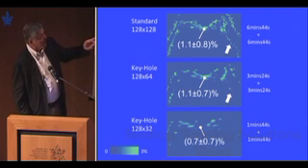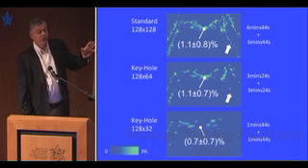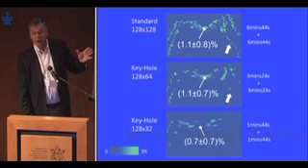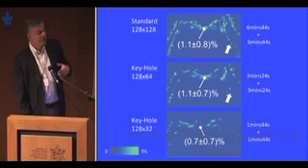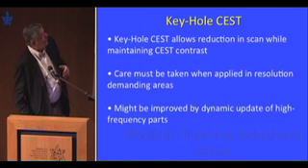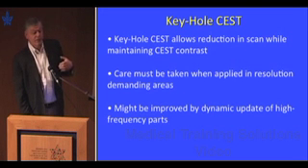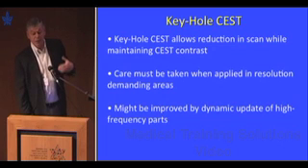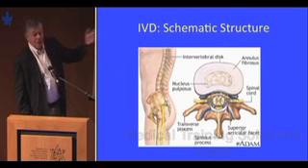If you go too fast, in other words, if you go 4 times faster, you wind up actually losing. So there's a limit to how well this works, and it's probably a factor of 2 in keyhole, which is significant here, because you're going from something like 13 minutes to 6 minutes. So the keyhole CEST, we think it has some advantages. In particular, you can still apply it to the other techniques that speed up acquisition, like parallel imaging and sparsely sampled compressed sensing. So I'd like to move on and talk a little bit about the